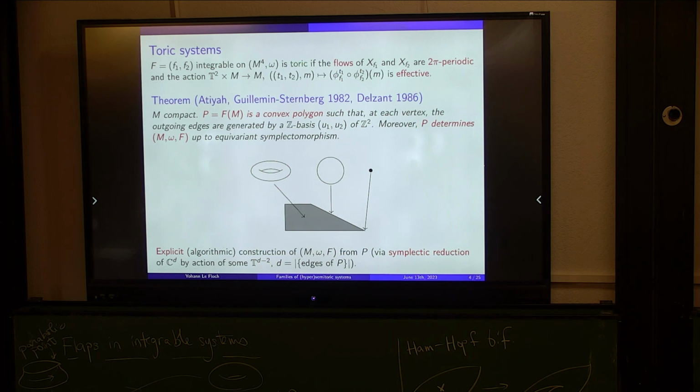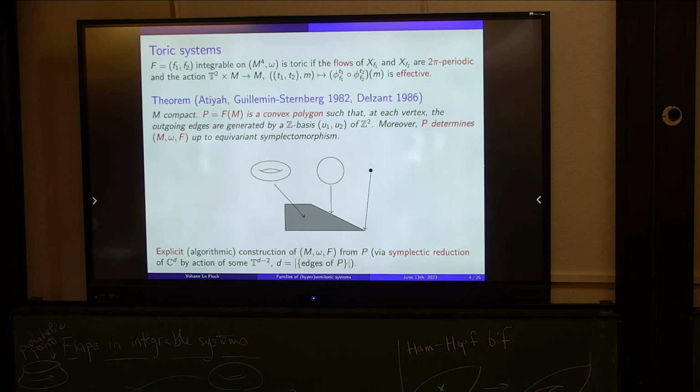Okay. Now I want to go to semitoric systems. And we've heard about them already, but I want to talk a bit about singularities because we'll see some of them later in the talk. So as Joey explained, if you look at a toric system, you look at the momentum map image, the polygon. So in the interior of the polygon, you have the regular values, the fibers are tori. In the interior of the edges, you have circles as fibers, and vertices correspond to fixed points of the action.